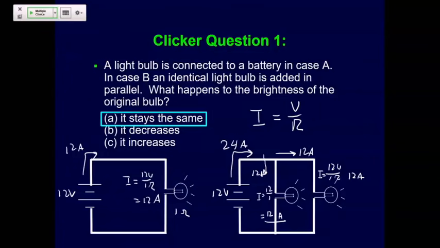Yeah, question? So earlier in the video that you posted last night, you stated that in parallel, current is additive. However, you